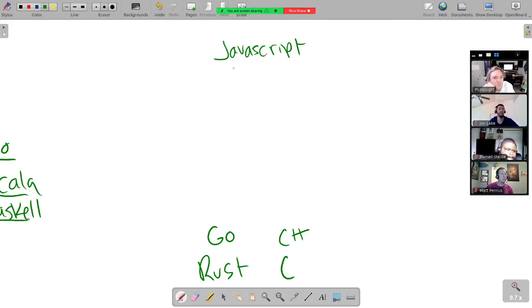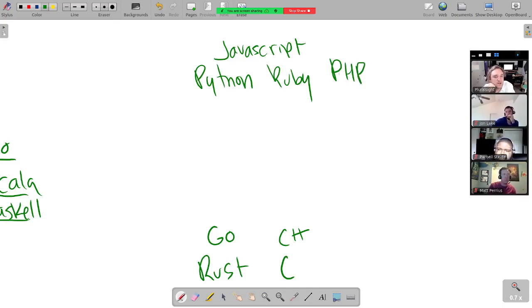I would say Python and Ruby and PHP. Those compile a little bit differently than JavaScript does. So I'm going to say they're a tiny bit faster, the same way that I think these are probably a tiny bit slower than Rust and C. And then we have a landscape in between here.